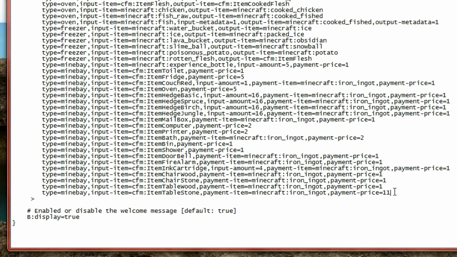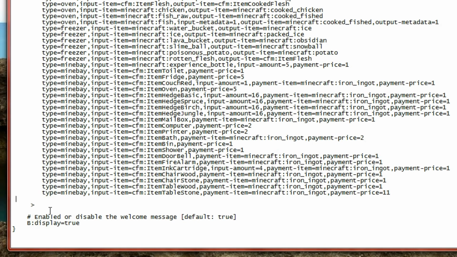So you want to come to this bottom line here and you're going to do a new line, and we're just going to space up until we get in line with that last type there, and we want to type in type equals. We're going to do the printer first, so type in printer and then comma. Now the printer only requires an input item, and just simply type in input